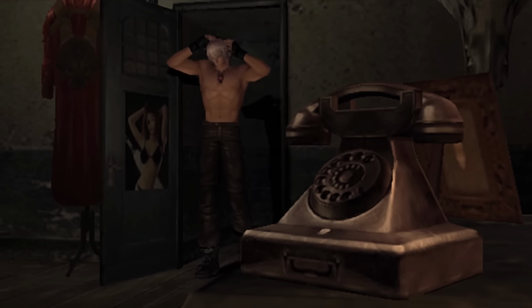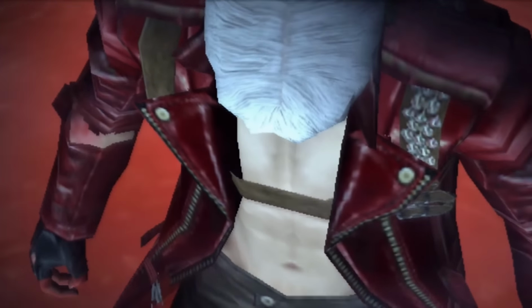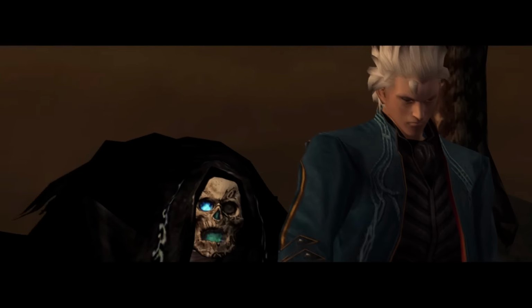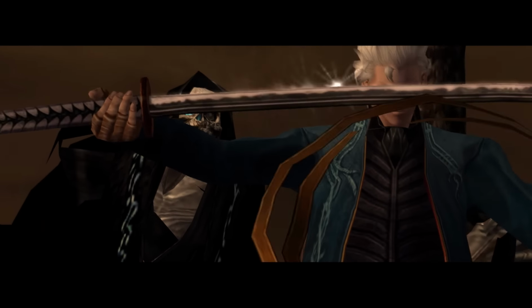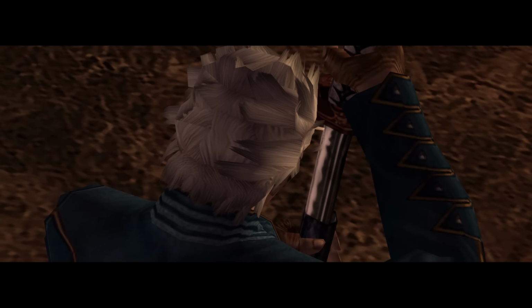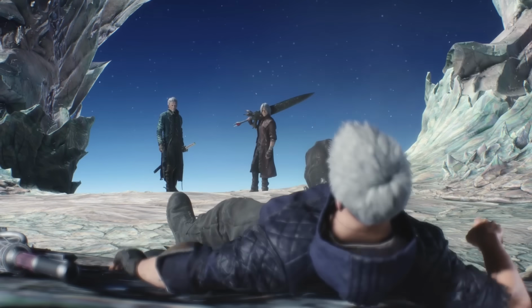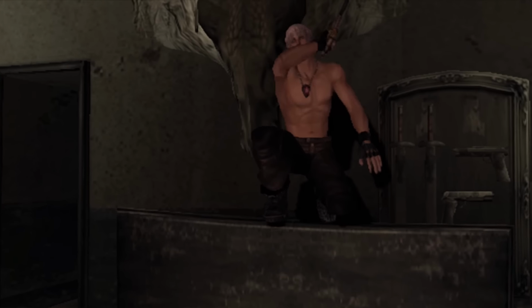DMC3 is the first game chronologically, and in it we see young Dante awaken his devil trigger for the first time. We're not sure how long Vergil has had access to DT, but I'd wager he's still somewhat new to it because he's still pretty young. They're both like 19 in this game, I think. It's important to note that neither character can use DTE post DMC3, so I interpret it mainly as a result